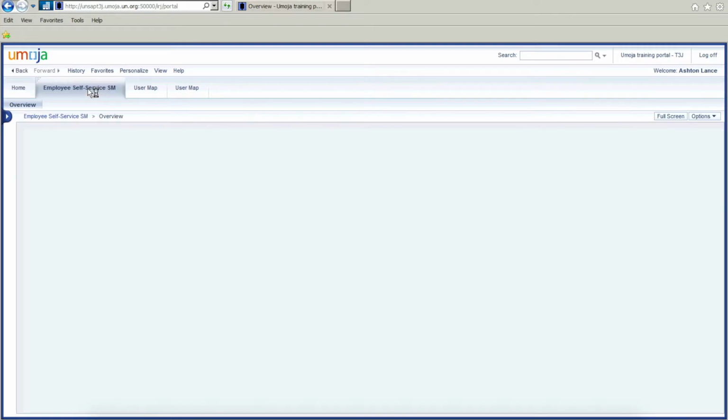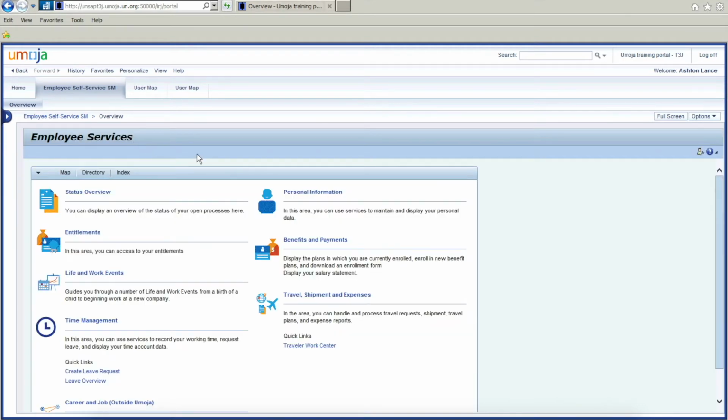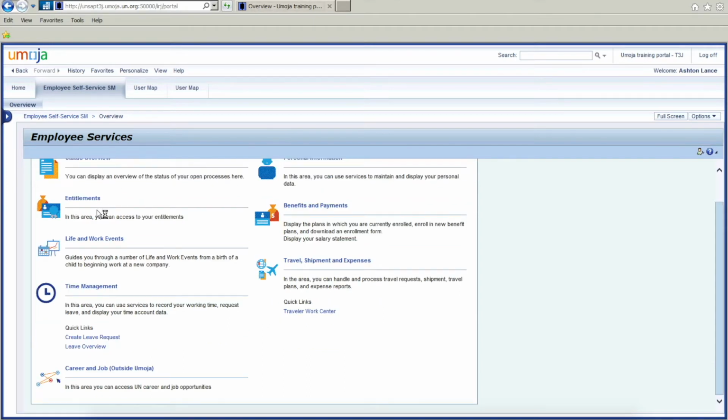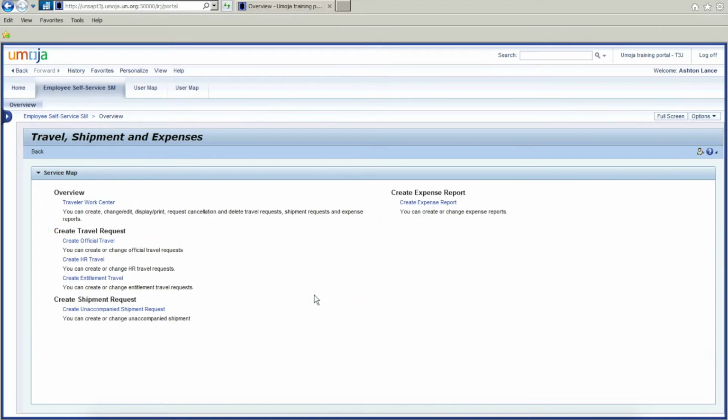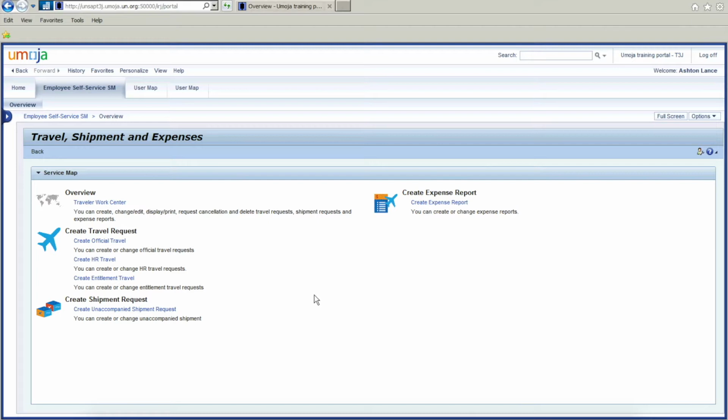Select this tab and this will change the below section for Employee Self-Service with a set of different links. Just be patient as sometimes the pages take a bit to load. As you see here, the employee services have a number of different icons, and the one we're going to be clicking on to raise our travel request is the following: travel, shipment, and expenses, right here where the icon of the airplane is. We click on the link and the system will take us to our very next page, where